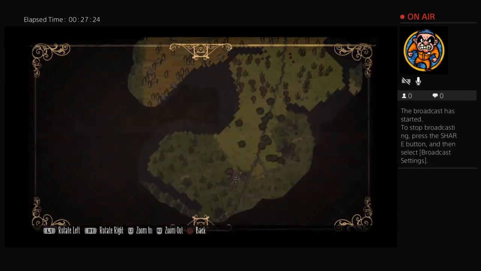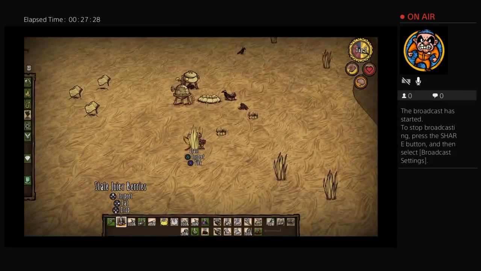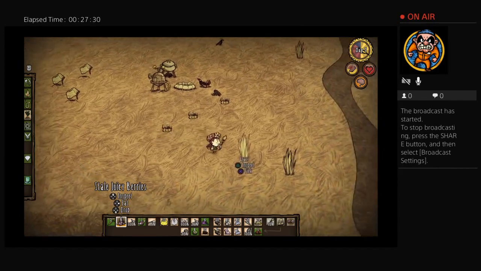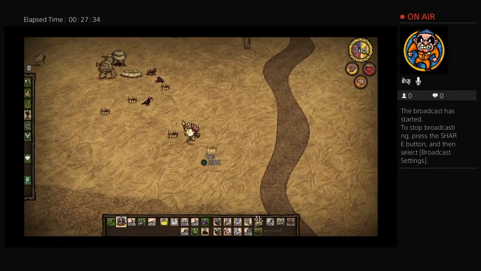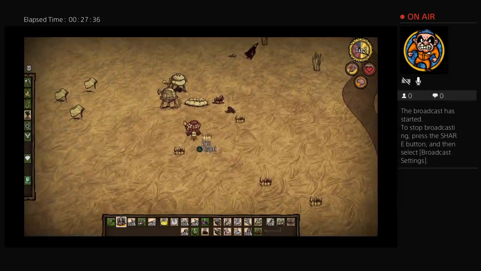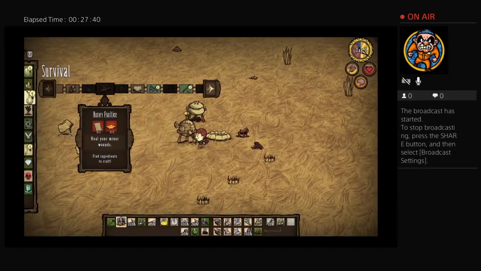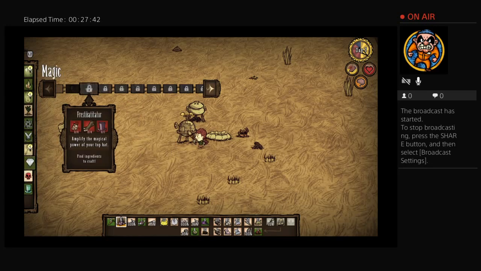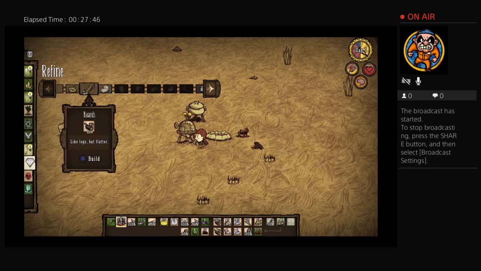I also need to find the birch tree area because at day 11 there's another creature that comes out called Glommer. If you don't know, day 11 is the day of full moon. And there's a creature that helps you with sanity that comes out, and his name is Glommer. And you get to grab Glommer and walk around with him as your companion. So,